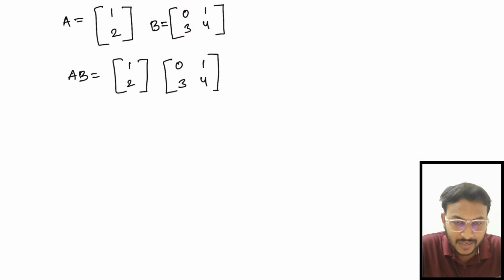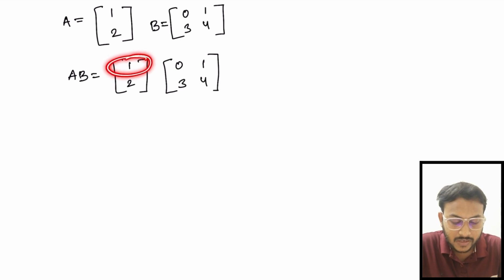Okay, so here how will the multiplication happen? So here the first row has only one element, but the first column has 2 elements. So you know the procedure of multiplication. We have to multiply the first row of first matrix with the first column of second matrix, and then we have to add the corresponding elements. Okay, so when we multiply, the corresponding elements are not the same. Okay, see, in this first row there is only one element, but in the first column there are 2 elements. So multiplication is not possible because corresponding elements are not equal.